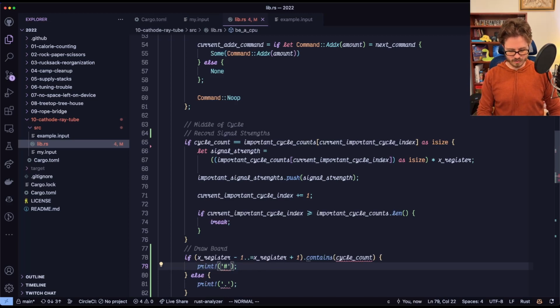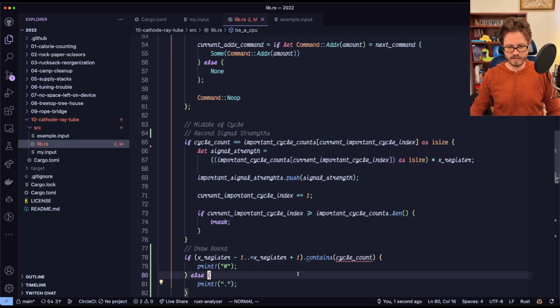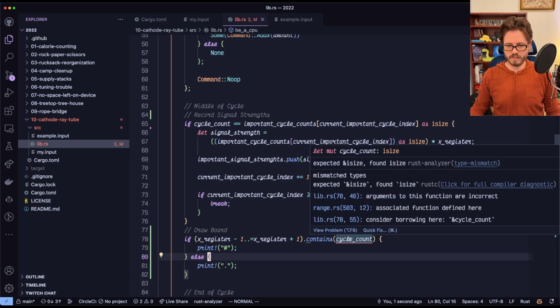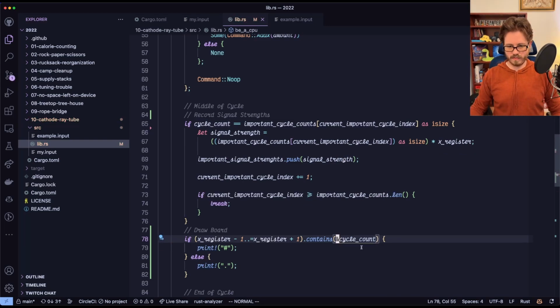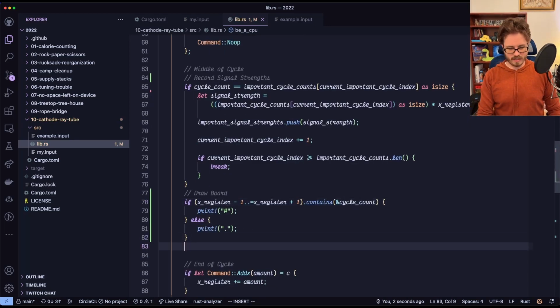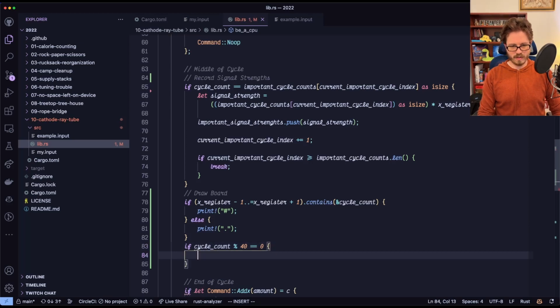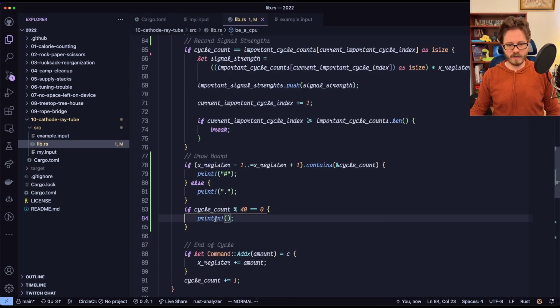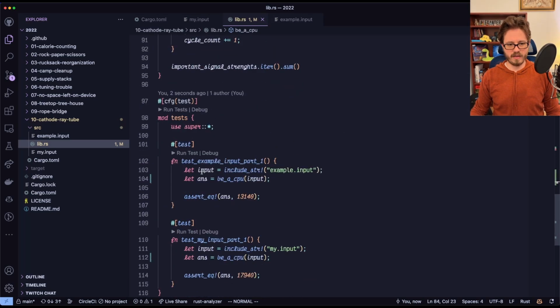Does it not? Oh wow, it doesn't like printing characters. That's kind of funny. Expected a reference, and then if cycle count mod 40 equals 0, print line with nothing. Okay, now then if we